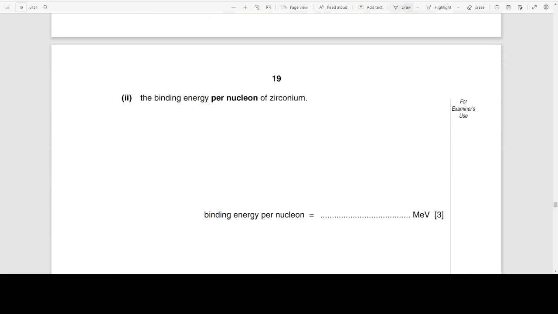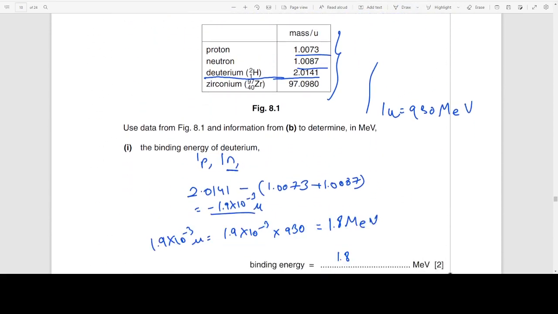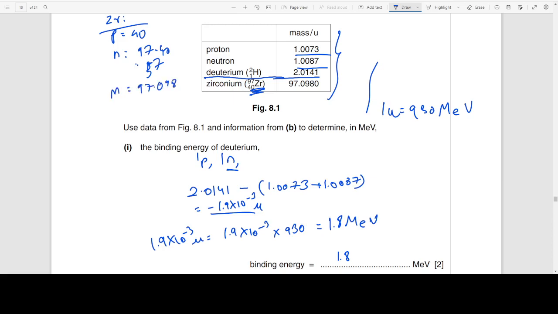Now they want to calculate the binding energy per nucleon of zirconium. So for zirconium, we can repeat the same thing, but first we need to find the number of protons. So the number of protons in zirconium is 40. Neutrons are 97 minus 40, which is 57. And the mass of zirconium is 97.098. So if you calculate the change in mass of zirconium, you will get,